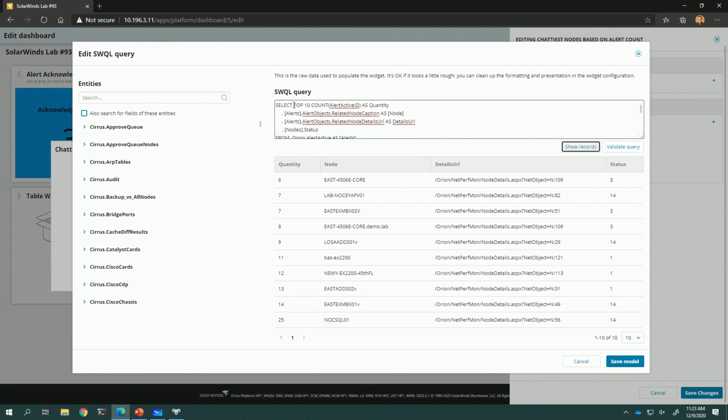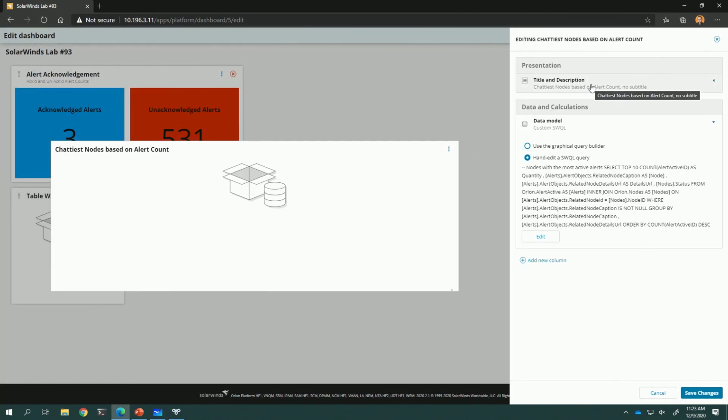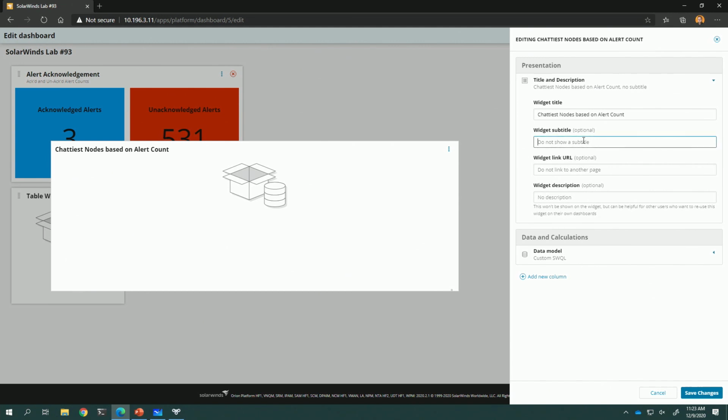Now in this one, you notice I did a top 10 count, and that was intentional because I want this to basically be a fixed size. Now because I did that, I probably should make a note of it somewhere. In fact, I like to do it in the subtitle because that way you know exactly what you're getting when you look at this. That way you don't think that you have only 10 that are chatty. And in this case, this may not be the ideal scenario, but interfaces that are over their utilization, or applications that have slow response times, things like that.